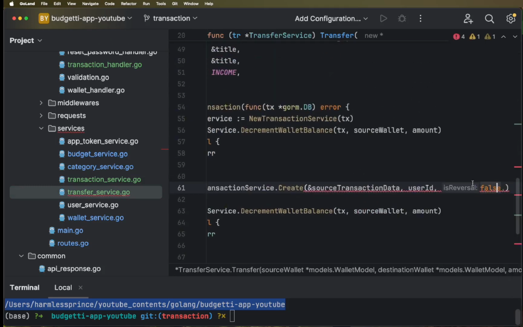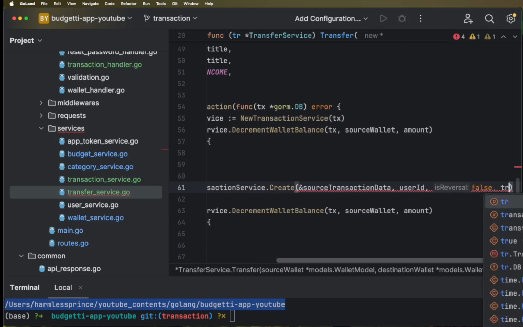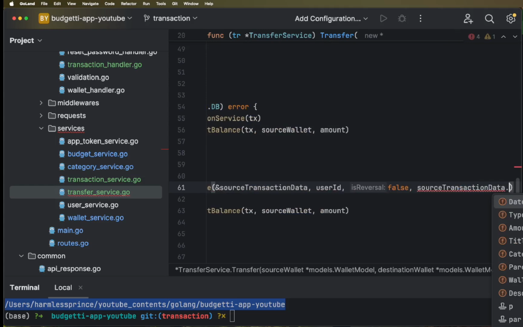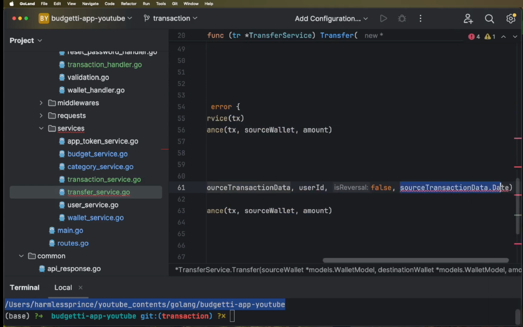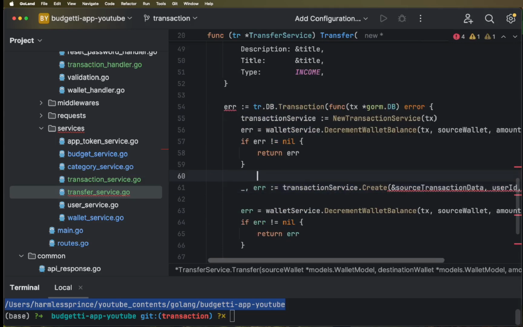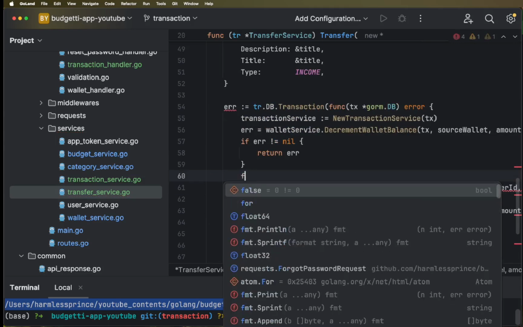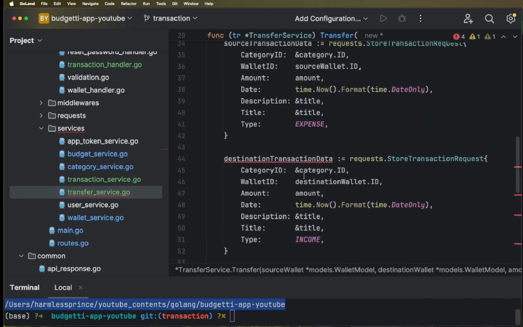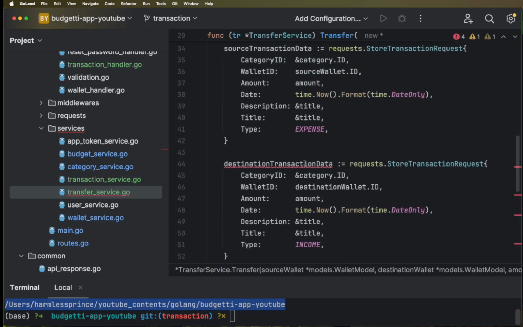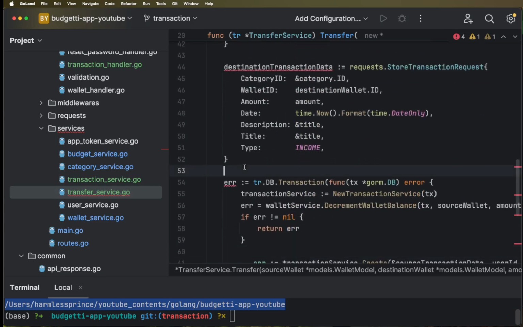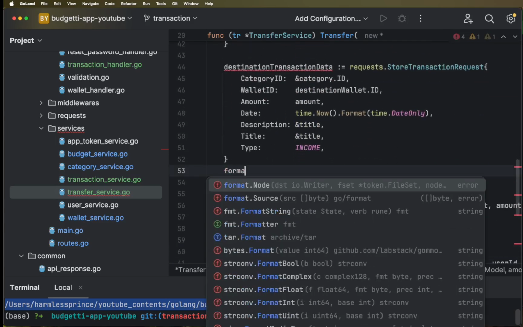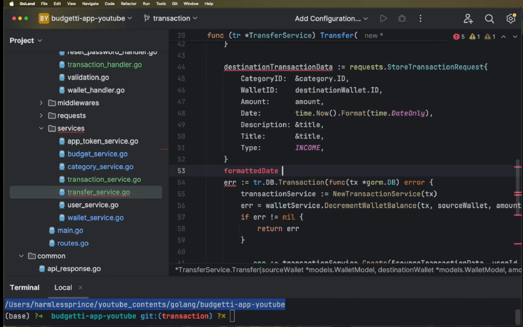So in order to pass the transaction date that is actually required for creating a transaction service, what I'm going to do is I'm just going to say transaction source transaction data dot the date. So since the date needs formatting, I'm going to say formatted date. So let me just create a variable formatted date equals to